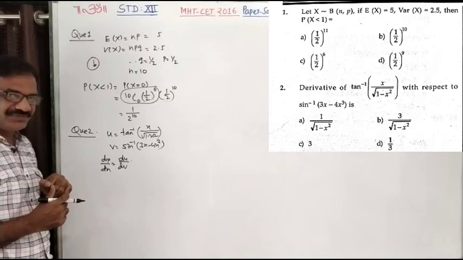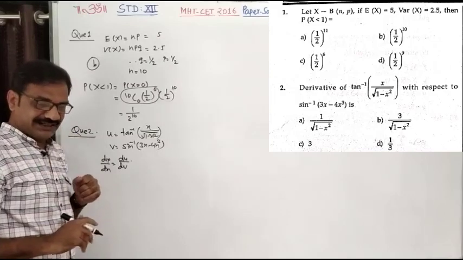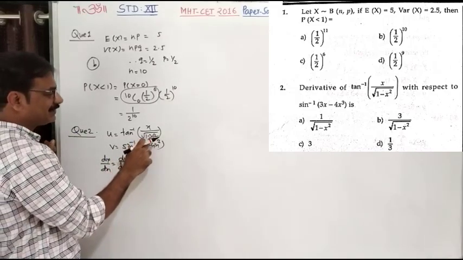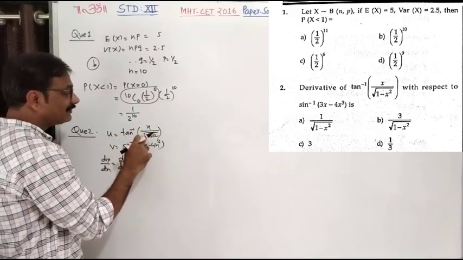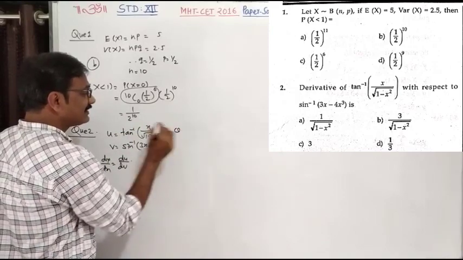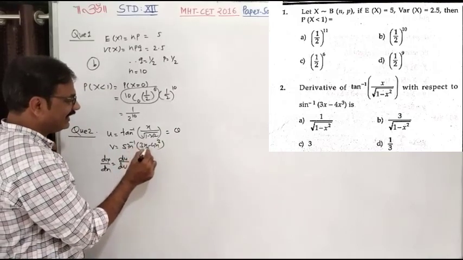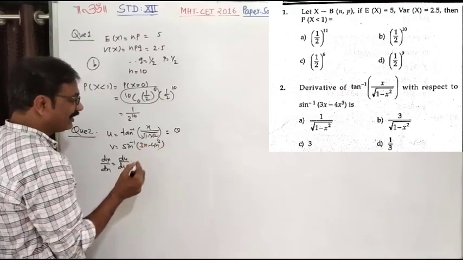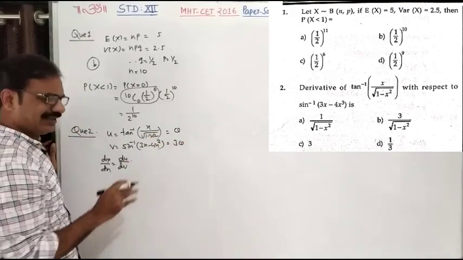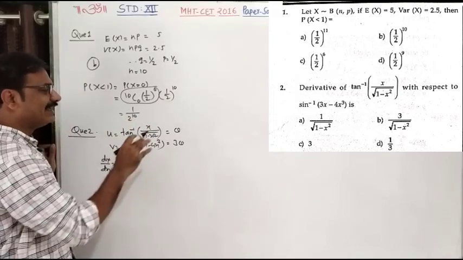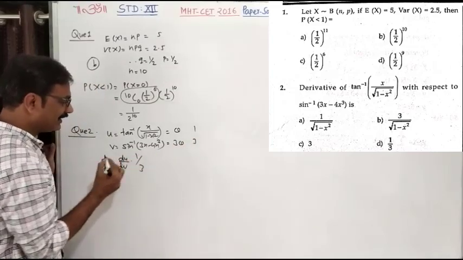In both, if you observe carefully, you need the substitution x equal to sin theta. 1 minus sin square is cos square, taking it outside the root it becomes cos, sin upon cos is tan, tan inverse of tan theta is just theta. Again here the substitution: 3 sin theta minus 4 sin cube theta is the formula for sin 3 theta. Don't put the value of theta here, just directly differentiate with theta. It becomes 1 and it becomes 3.